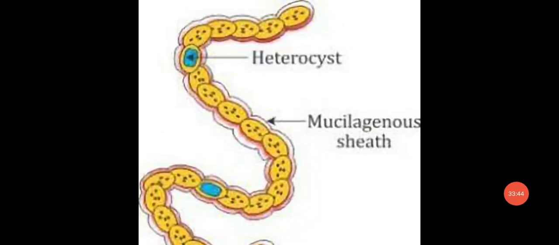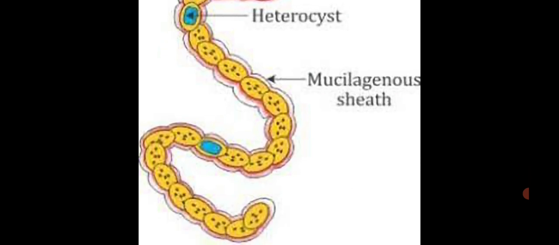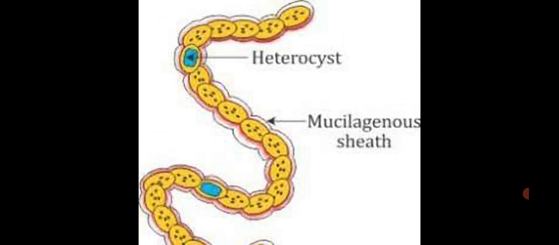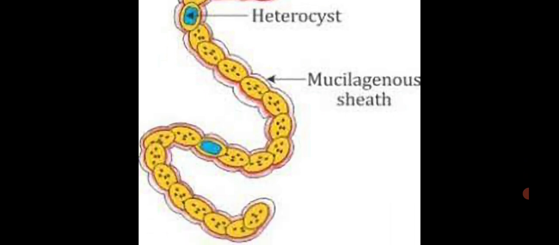Dear students, this is another prokaryotic cell, blue-green algae, which is in the form of filaments. We say it looks like a chain, but under the microscope we can see filamentous structures or hair-like outgrowths. So this is the ultrastructure of the blue-green algae, but in the compound microscope we can see only the filamentous structure. This is also a prokaryotic cell example.